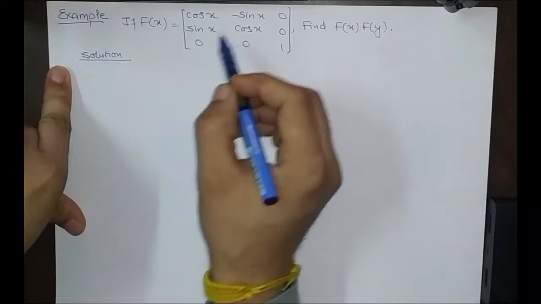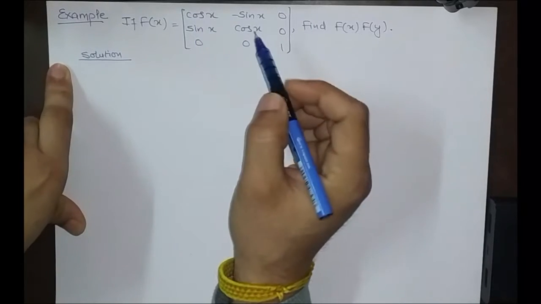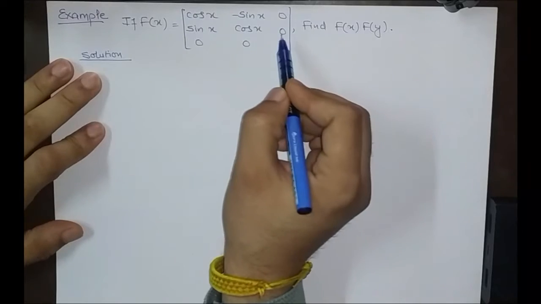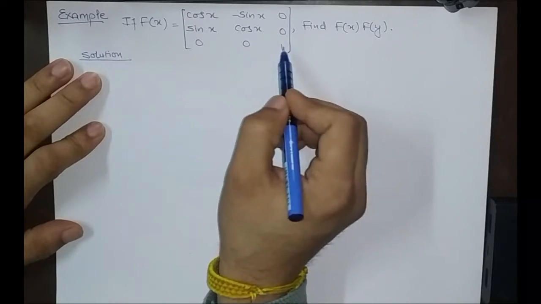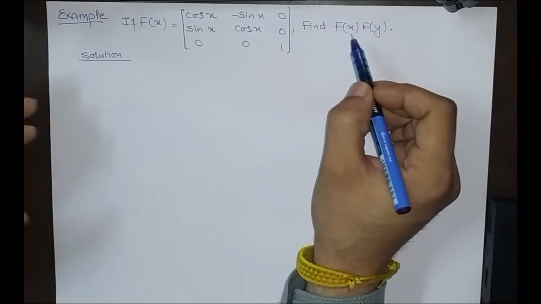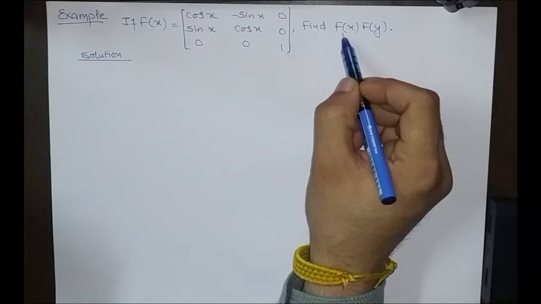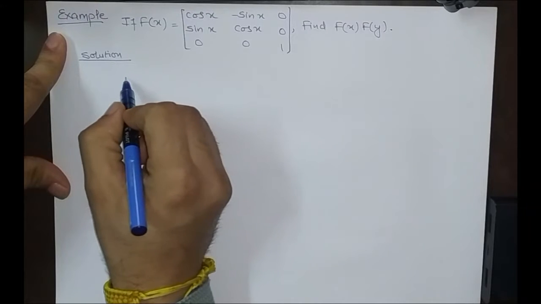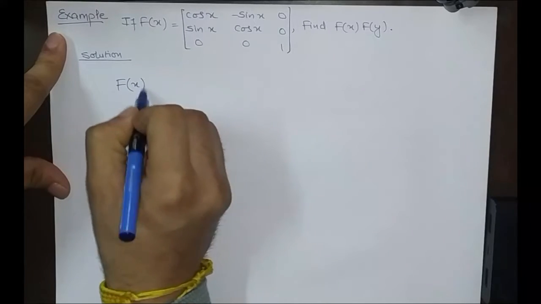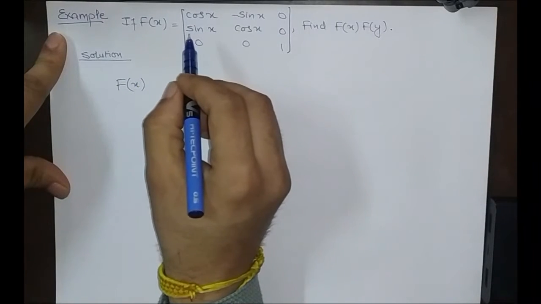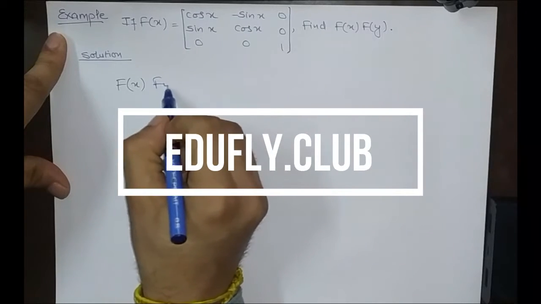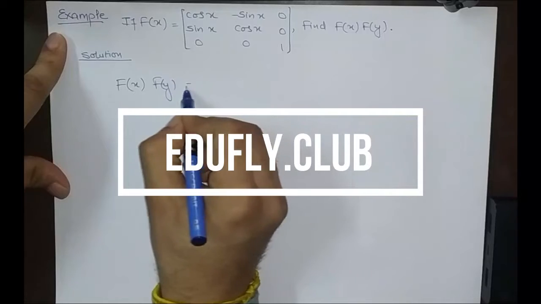If f(x) is equal to the matrix [cos x, -sin x, 0; sin x, cos x, 0; 0, 0, 1], find f(x) into f(y). f(x) is a function matrix, so f(x) into f(y) is equal to